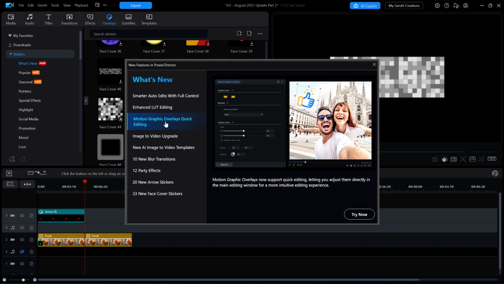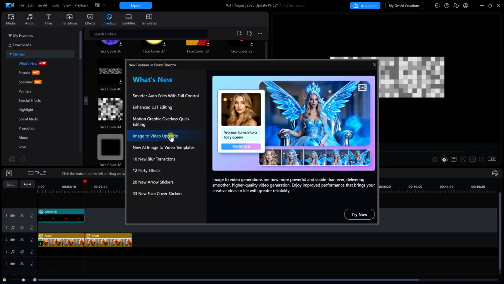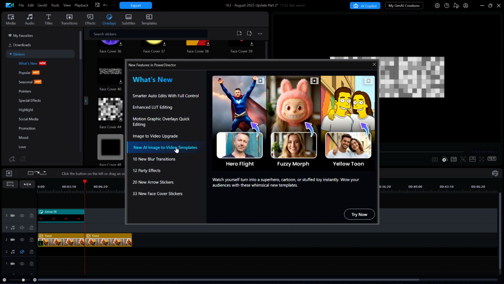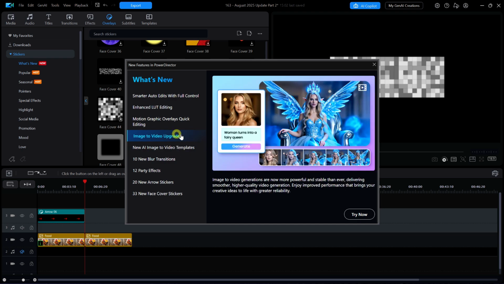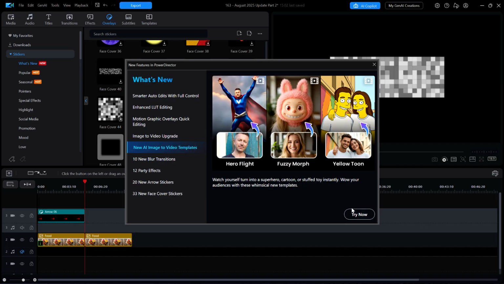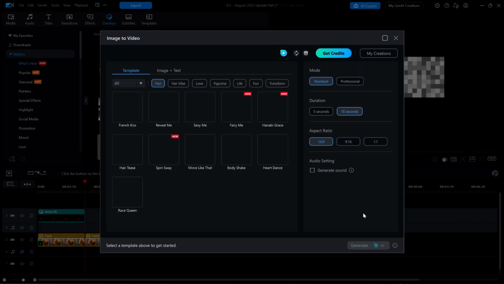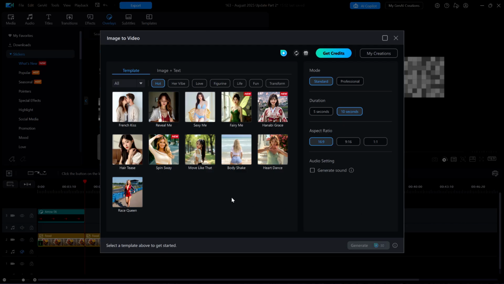Next, there is an image to video upgrade and the AI image to video templates. Other than promising the video generations are now more powerful and stable than ever before, does that mean that they weren't prior to this? And if they weren't, then can we get a refund on all the credits that we wasted? I'm going to click on the Try Now button and take a quick peek. It still seems to be the same 30 credits cost for a 10-second video feature as before, but just with